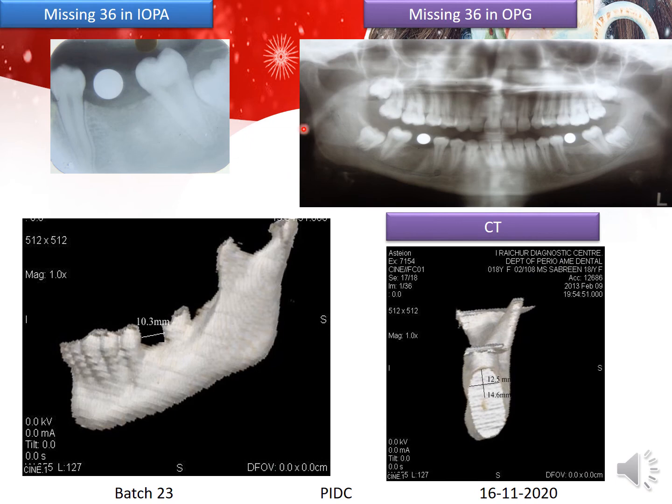Before going for surgical procedures, as I told you already, you should see the anatomic landmarks, and the very best for all this is your radiographic or pre-surgical evaluation. See to it that you take your proper IOPA and your OPG, and CT is always useful to us. It helps us in finding out how much dimension is available, and also helps us find where the inferior alveolar nerve canal is present. So this all helps us find out whether it is going to be good for placement of the implant.